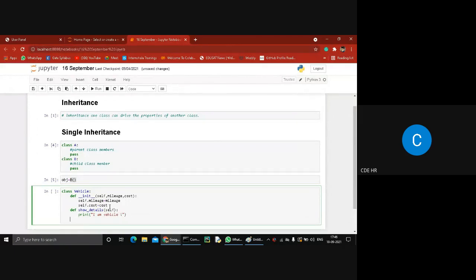Print mileage of vehicle is equal to, comma, self dot mileage. And the last one is print cost of vehicle is, self dot cost.